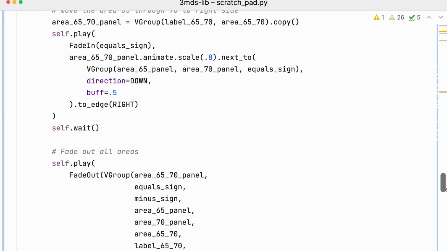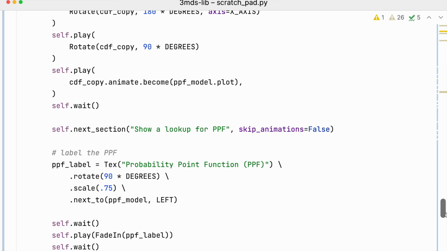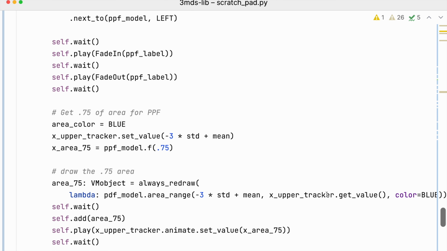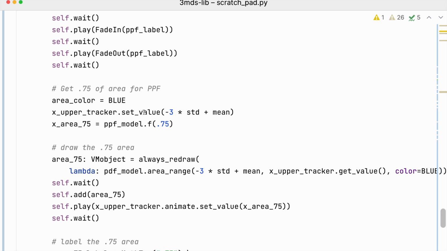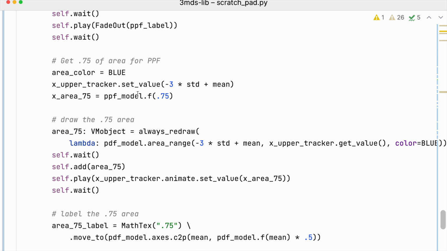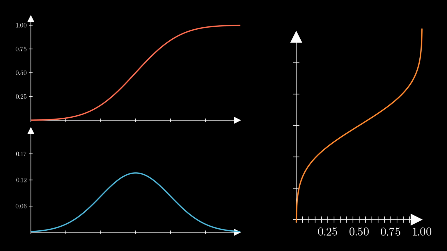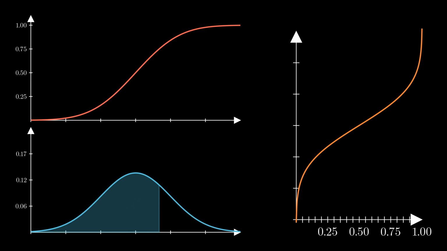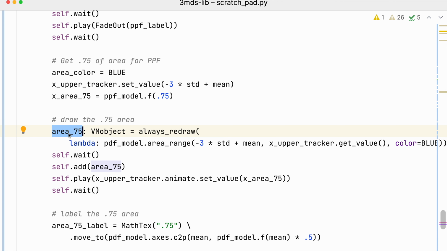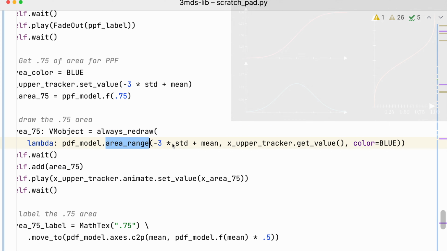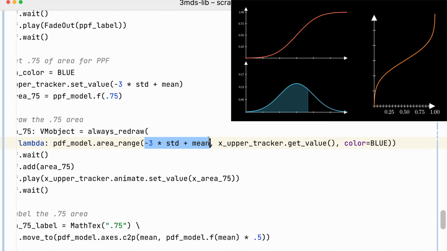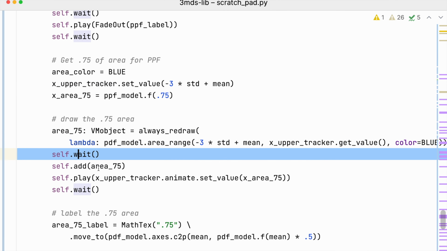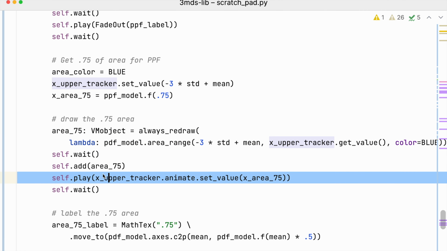So going back down to where we were, we are going to look up the x value that gives me 75% of the area. And this area 75, this is going to be the shaded area under the PDF. It's always going to be redrawn. It's going to call the area range from -3 standard deviations all the way up to the given x value from the tracker. I'm going to wait, add that area immediately, which again